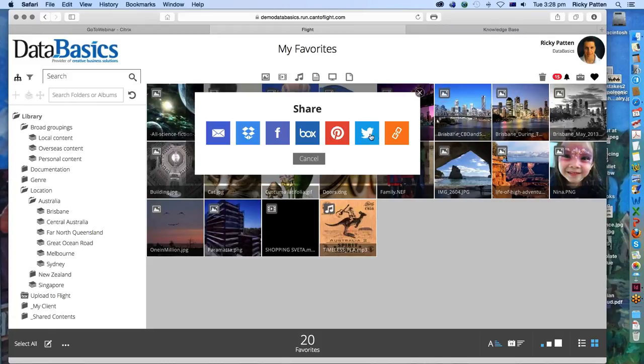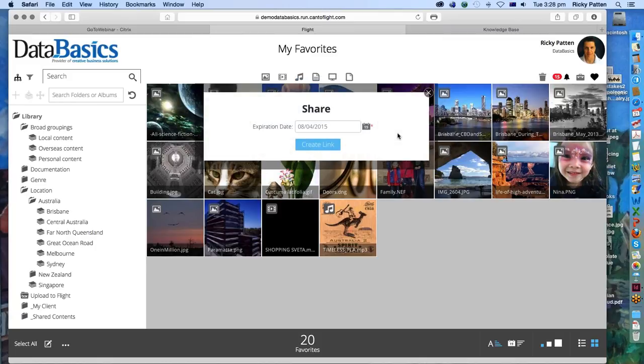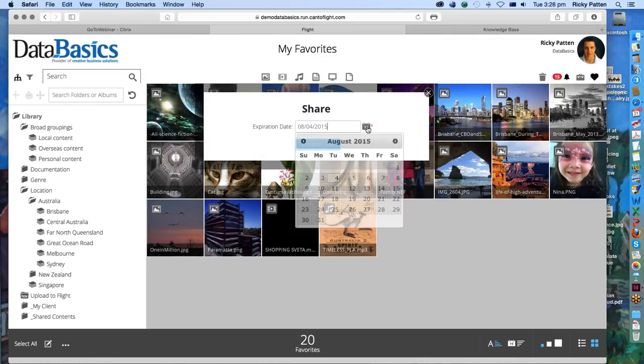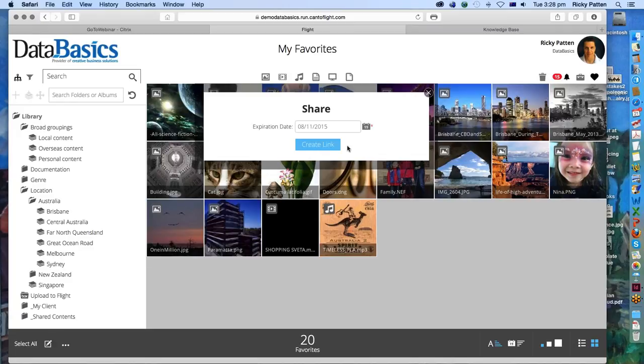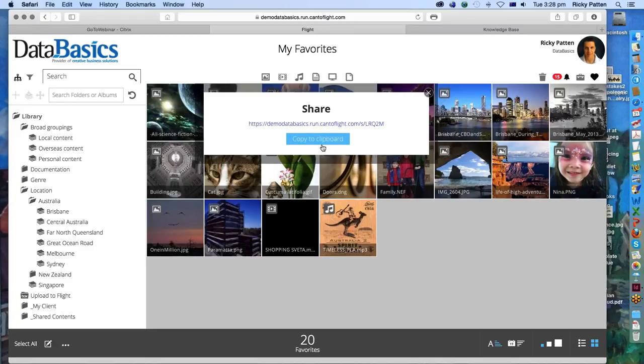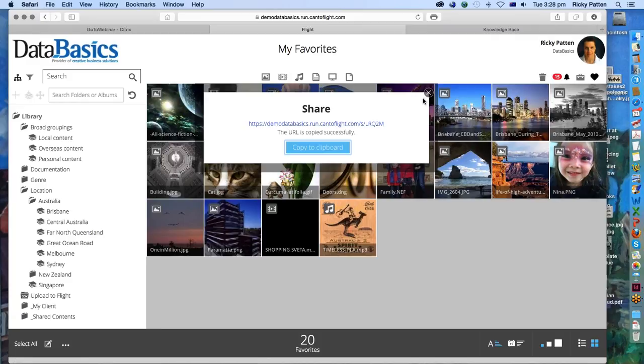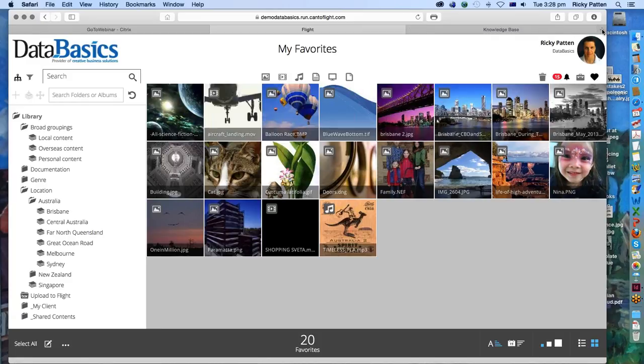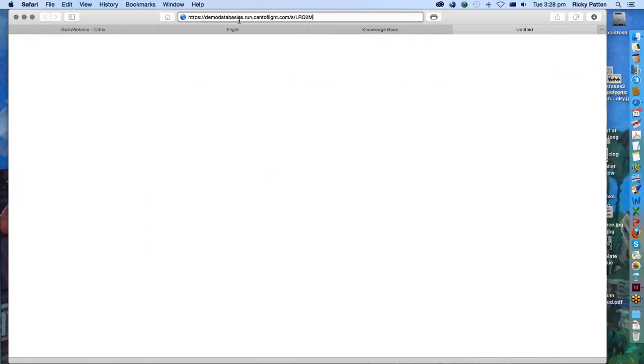And just like all of these other Dropbox, Facebook, Box, Pinterest, these are going out on shared media. Now then, if we just look at this one on the far right here, this is just the simplest version of this. So I'll just set an expiration date on that, click create a link. And what is Flight doing here? It's creating a URL. So if I just copy that to my clipboard and open up a new window in my browser here,